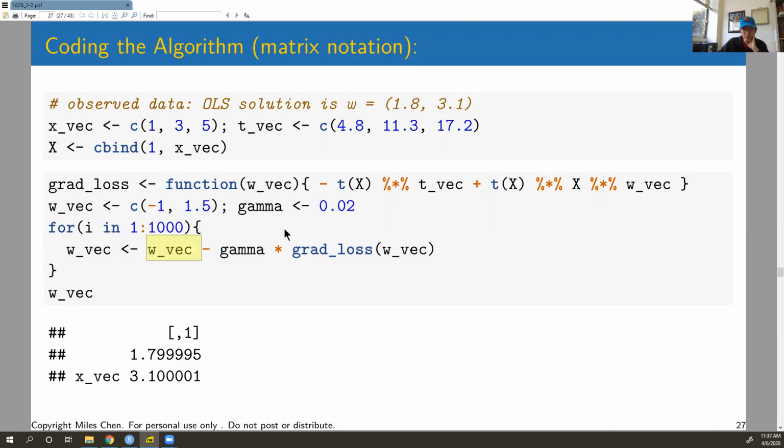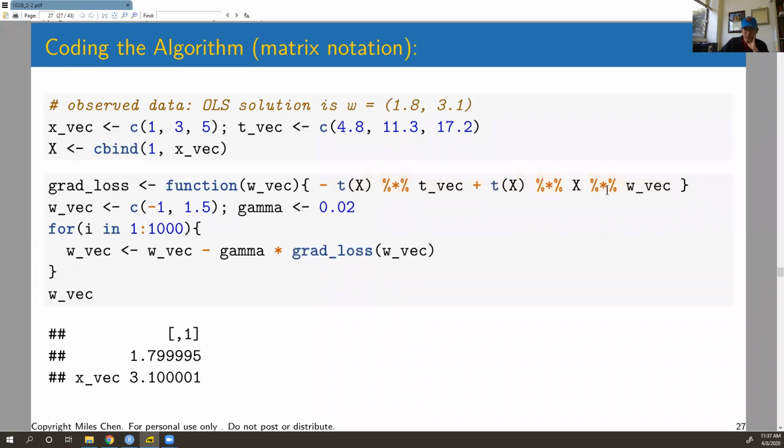I calculate the gradient using these matrix operations. Again, negative x transpose times t plus x transpose times x times w. This returns a 2x1 matrix, and I subtract that from the w vector, and I update the w vector. I do this 1,000 times, and after 1,000 iterations, it says your value of the w vector is